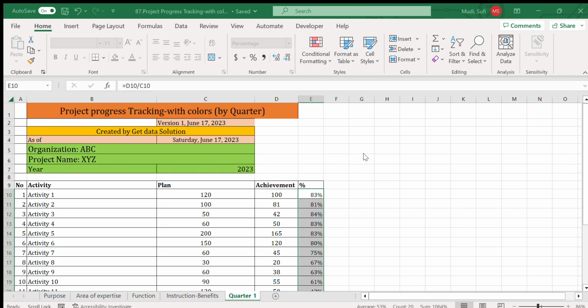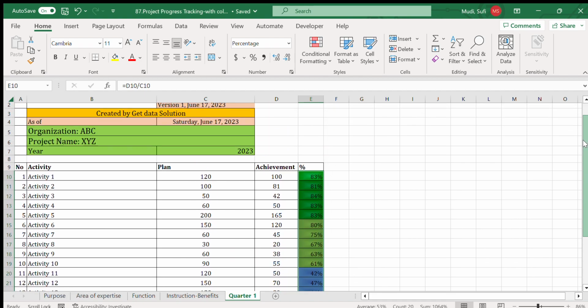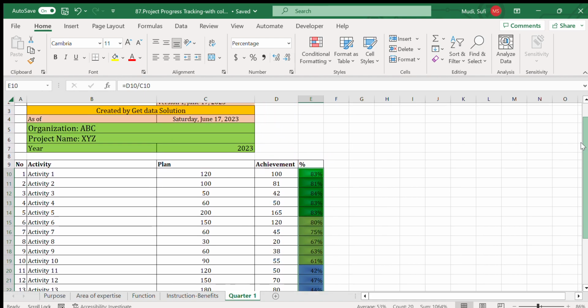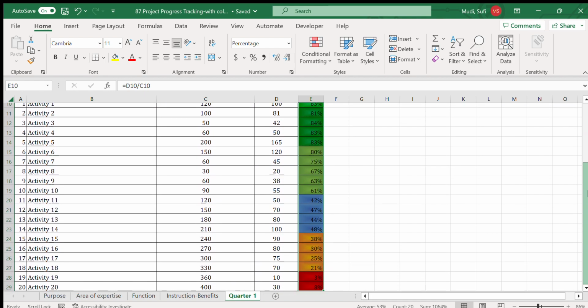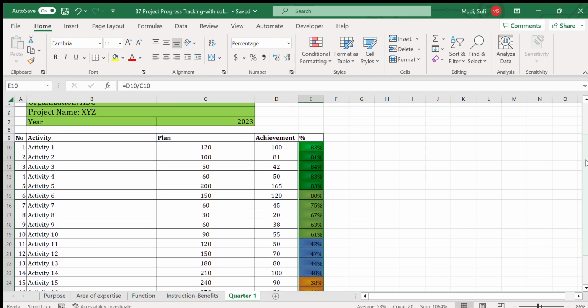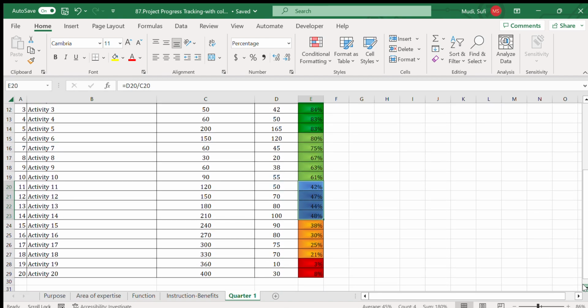So then we'll apply for all this coloring. Then we'll say OK. Then here is our final product. We have finished it. If you see this, the top 5 are actually deep green. The next one is light green. The next 4 are blue, then orange,